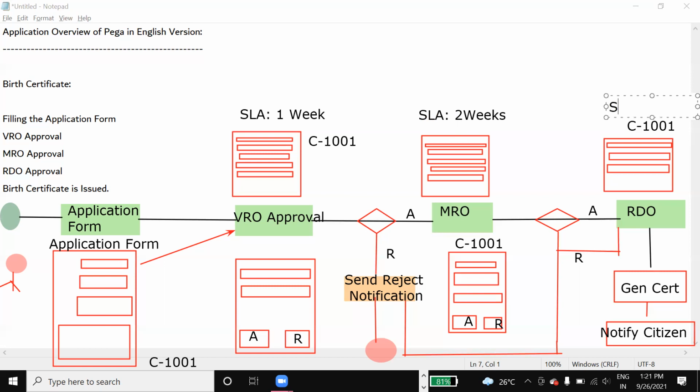And here also we can put an SLA, let's say 3 weeks. Okay. So if he doesn't perform the work in 3 weeks, then we will send an escalation mail to his higher authority. And likewise, till he performs the action, the escalations are going to be sent through SLAs and take relevant actions. So if we put the timeline, the applications that are there will be closed within the given timelines. So this is the flexibility that we have using SLAs.